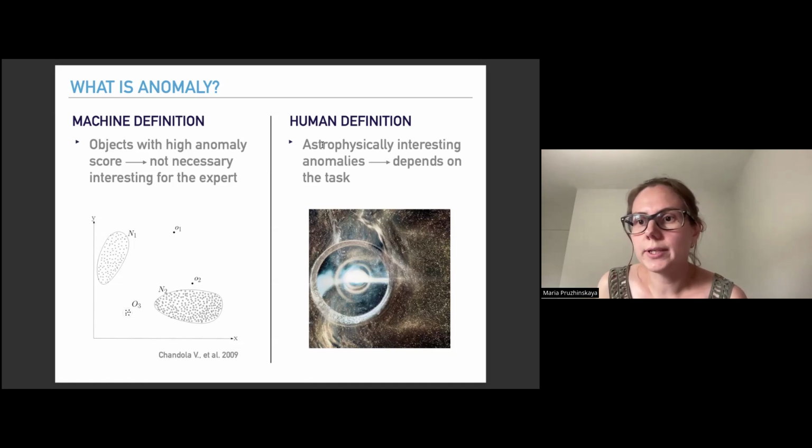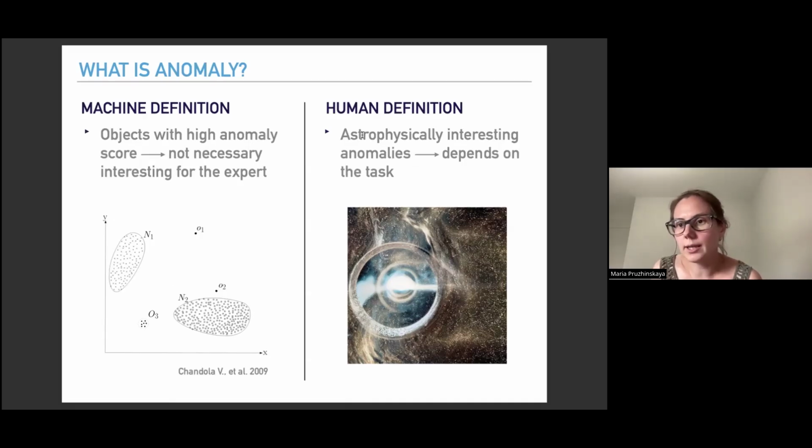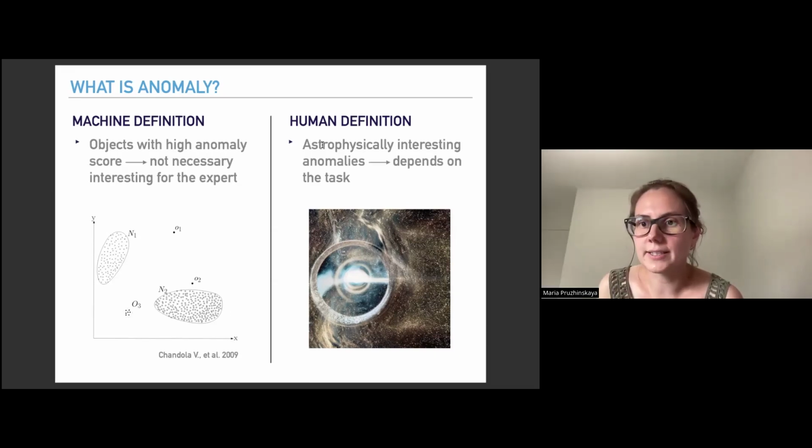Imagine that you are working with a catalog of some particular class of object, for example, a catalog of quasars. You don't expect to see some other object in that catalog, but you could run the anomaly detection algorithm to search for cases of misclassification. The cases of misclassification could be, I don't know, some superluminous supernova, so some contaminants. Maybe the object itself will not be very unusual, but could be an anomaly in the sense that we are searching for misclassification in a catalog of particular objects.